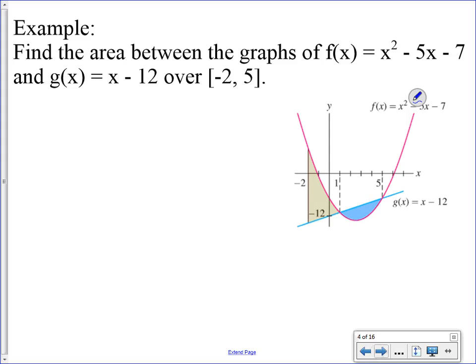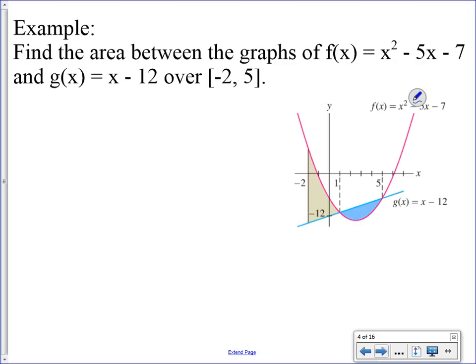All right, here's an example. We want to find the area between the graphs of f of x and g of x over the closed interval from -2 to 5. So again, I have a picture here for you. If you notice,